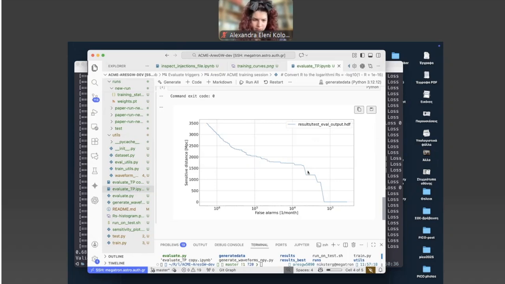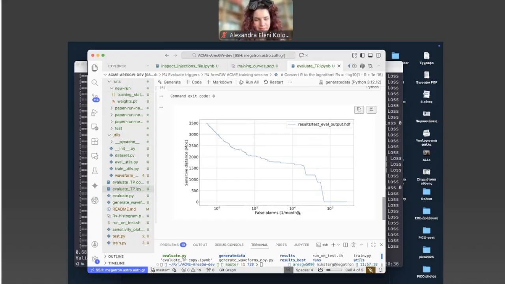But the strong signals have false alarm rate better than twice per year. So to reach such small false alarm rates, you need to have a corresponding long data set. You need to have a data set of several months that you evaluate. Here, with a data set of less than 1 day, you cannot reach smaller false alarm rates. So here the curve collapses at quite high false alarm rates. But it's only for demonstration of how to run the code. Don't take this curve seriously.